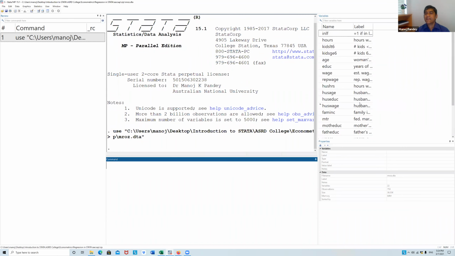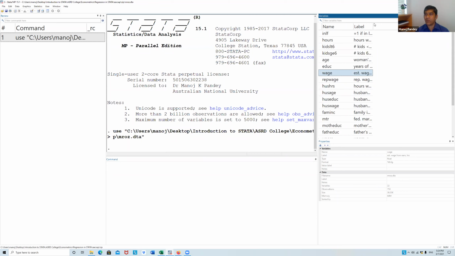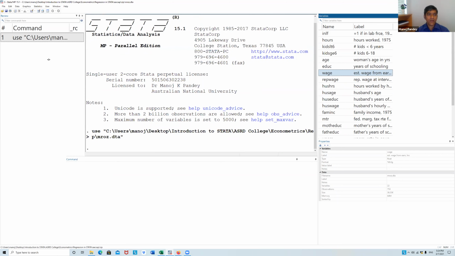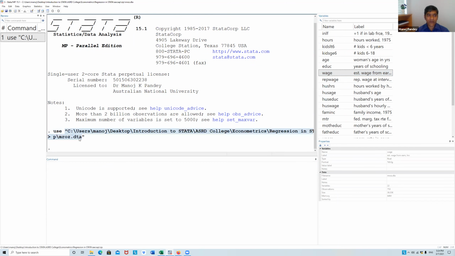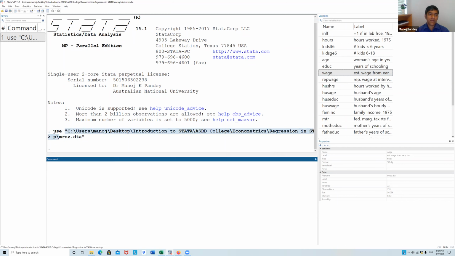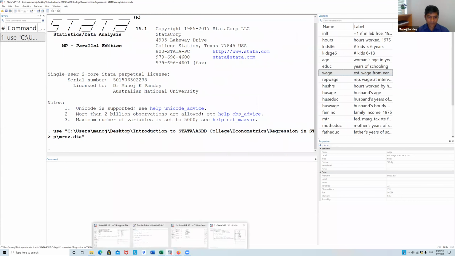This data is about education, number of hours, husband, wife, father's education, and so on. This is about the wage basically, and wage depends on so many factors you already know. So now the first step is done. The command is use Mroz data, but because my data is in this location, I did the same thing here.